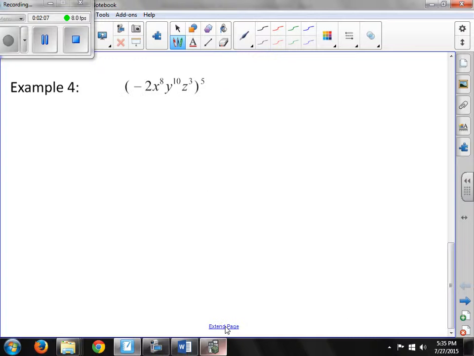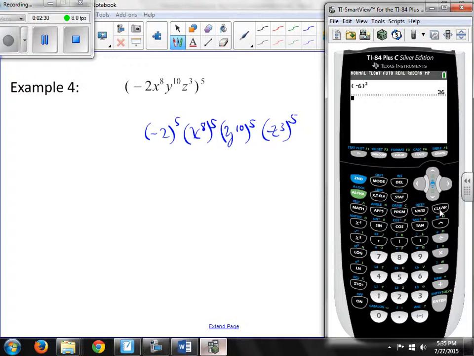Example 4. On this example, we'll need to make sure that we raise the negative 2 to the 5th power. This is a product raised to a power. The x to the 8th to the 5th power. The y to the 10th, raising that to the 5th power, and the z to the 3rd, raising that one to the 5th power. We can use our calculator for negative 2 raised to the 5th, so we'll have parentheses,